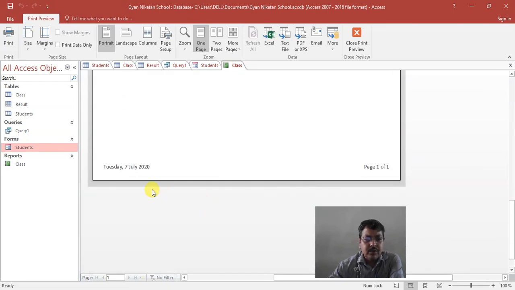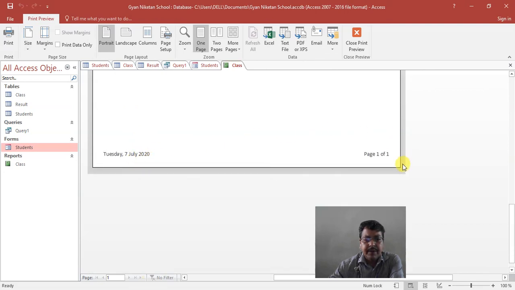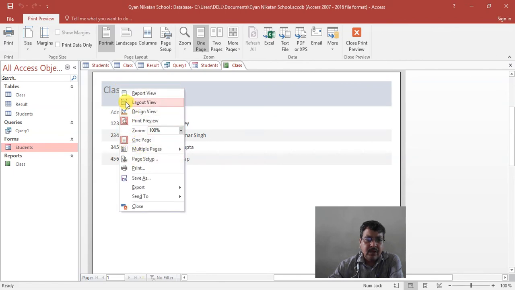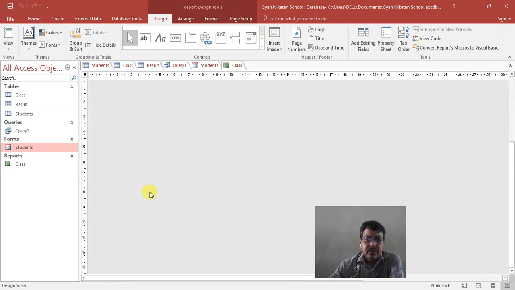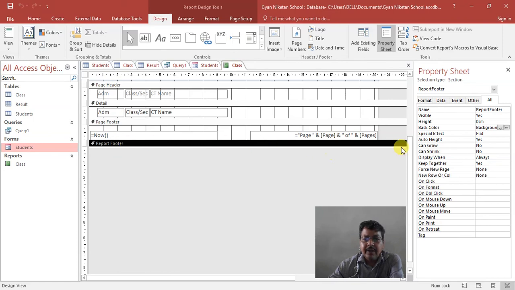This is the header part, and this is known as the footer part. You can also edit the header and footer. Suppose you want to, right click on design view, and with the help of design view you can set any of the headers. If you want to set footers only, then click on footers also, and you can make the changes.